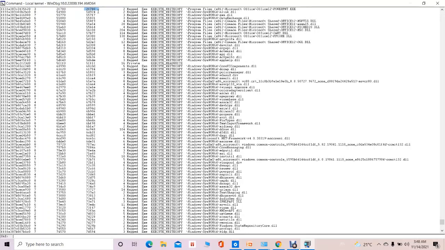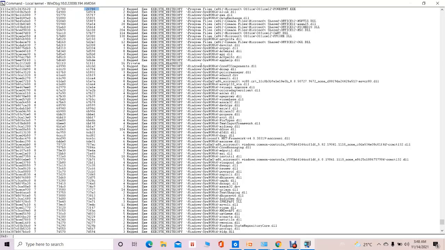That is what we are going to obtain using this. That way we can identify what files have been mapped for a particular running process in the volatile memory. Another thing is what kind of objects are open for a particular running process. That also we can identify.